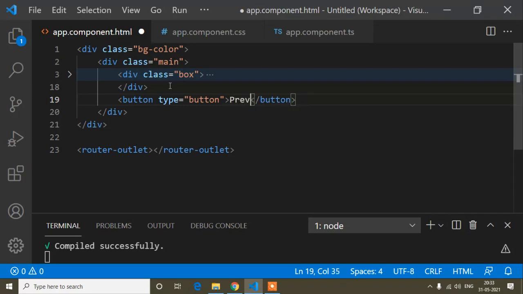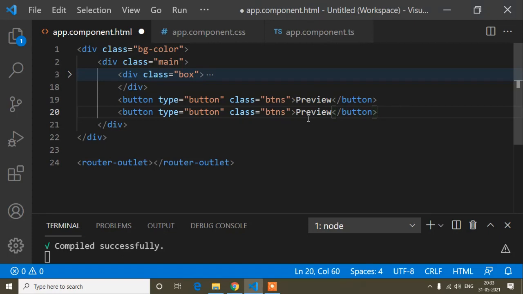Okay, so preview, and I will add the class, the class name is buttons. Then I will copy this same button, and change the name of this button to next, and class will be the same and type will be the same.